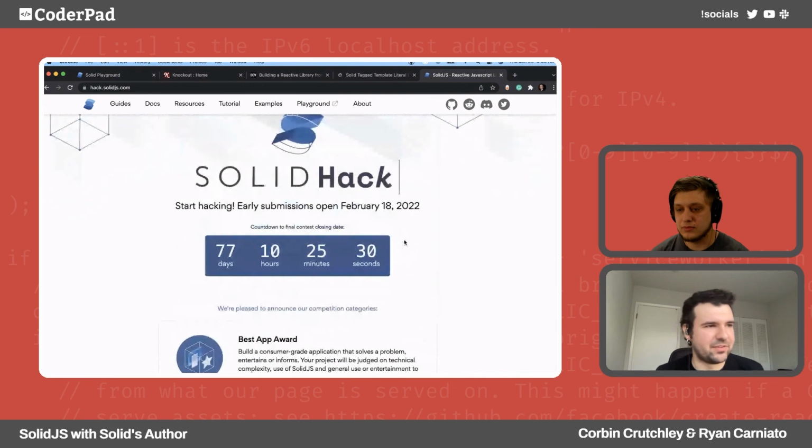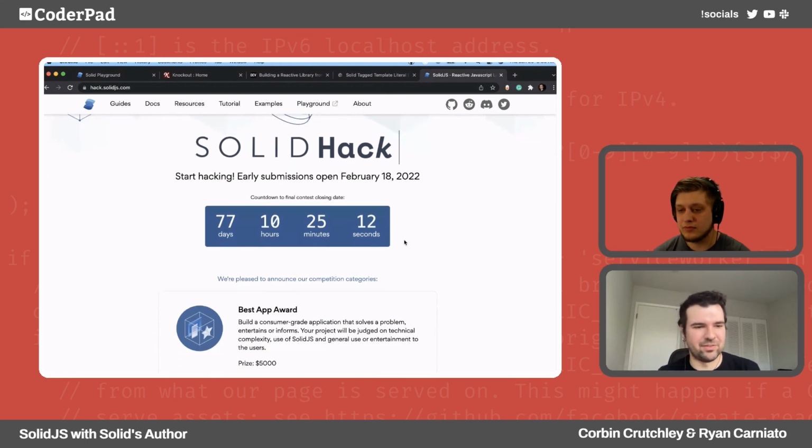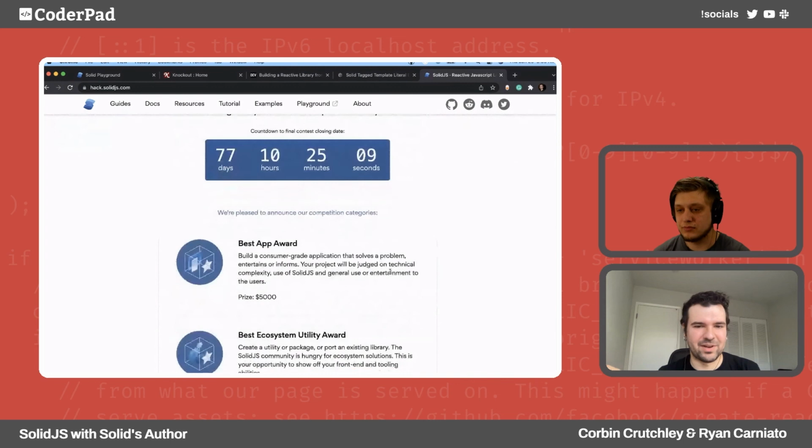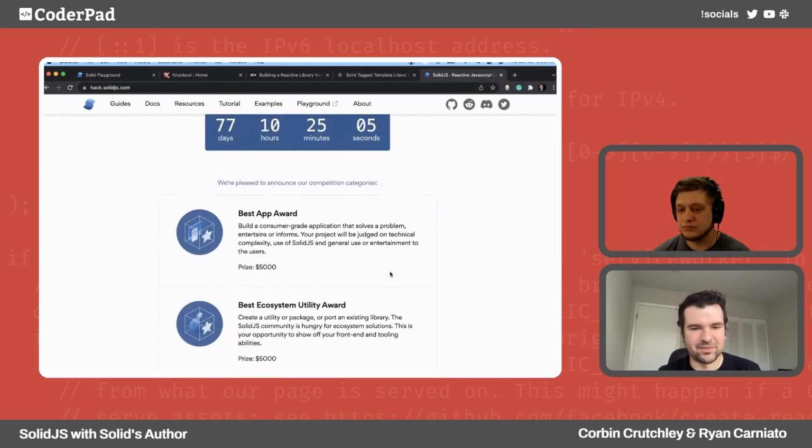We don't want you to be stressed, because in a sense the hackathon is asking for a bit more, being such a long run, but we don't want anyone to be stressed for time. So if you have some time in the next 3 months to put something together, try out Solid, find maybe a hole or something you think is missing and build that, you have the potential to win thousands of dollars. That's essentially the thing, right? It's going to help our community. It's going to be good exposure for everyone and about the amazing things you can do.